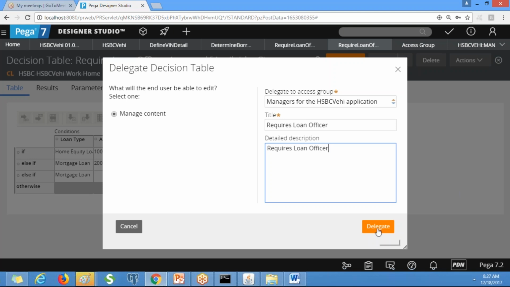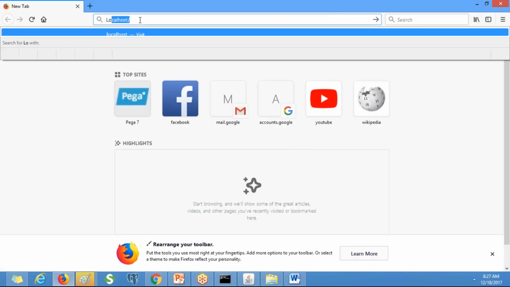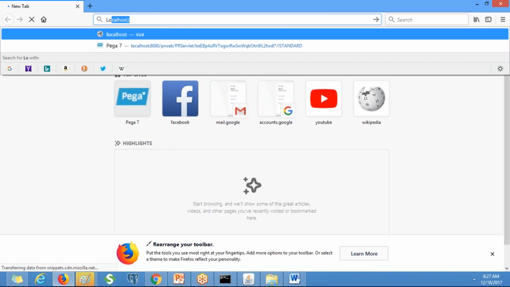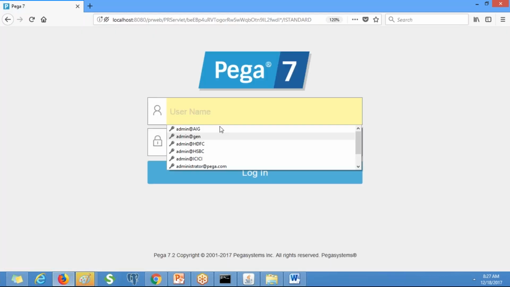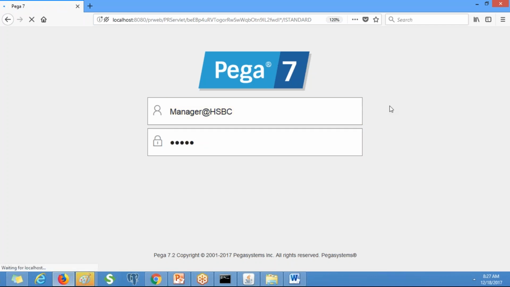Okay, so now click on Delegate. So we have delegated this to the manager, right? So we need to log in to the manager portal, Manager@HSBC, with the password rules.